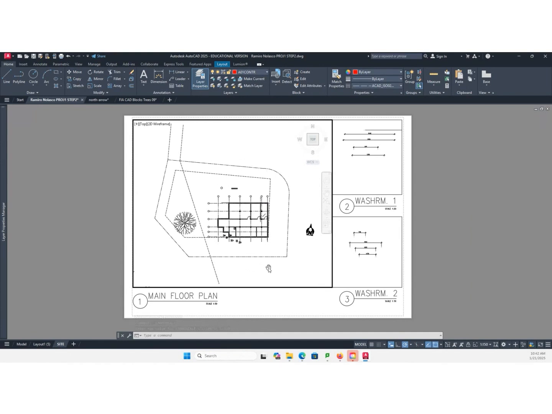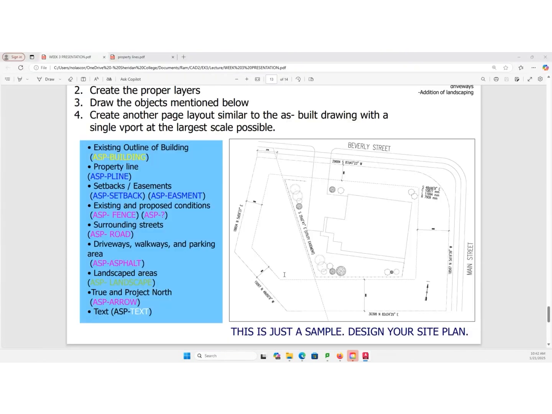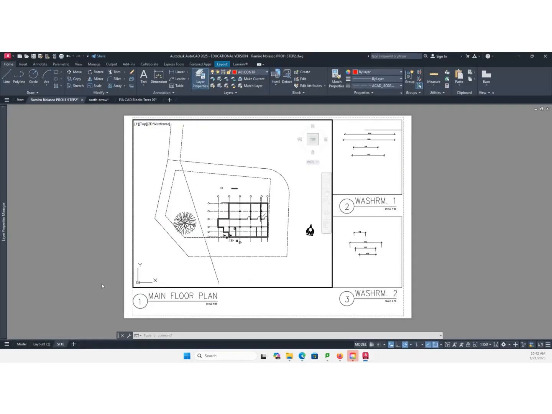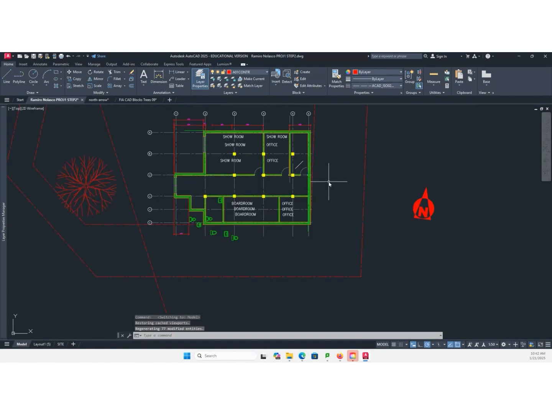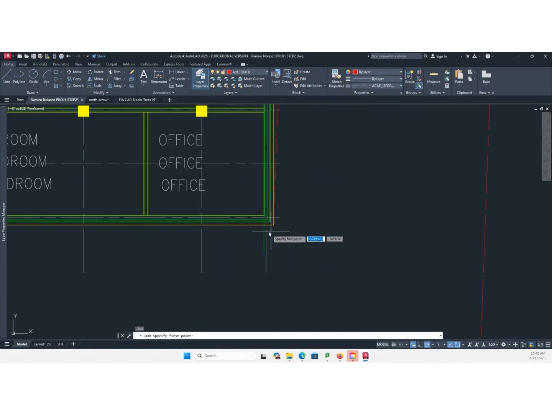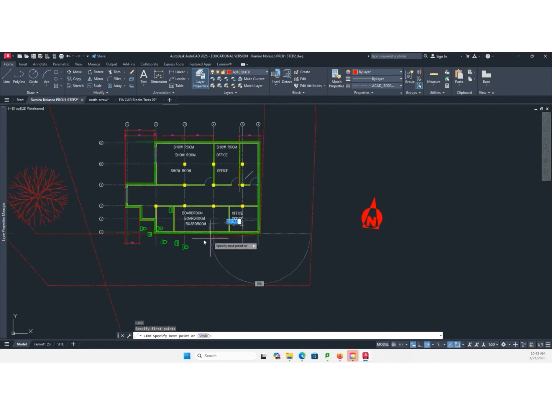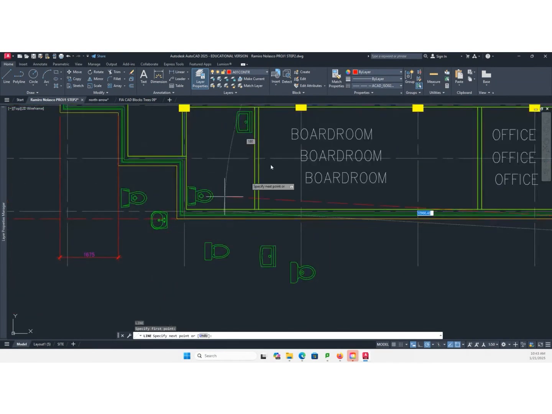Now, several things you need to do. You cannot show the building line. Okay? You cannot show the building line. So, I need to create a line going around for the building footprint. So, this is a dash line, right?